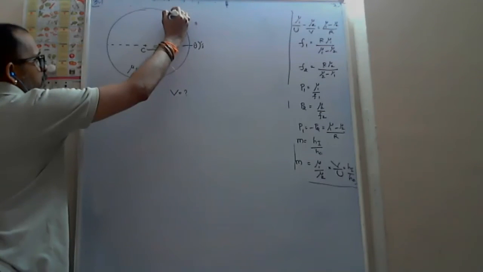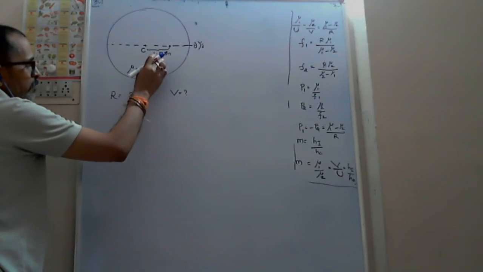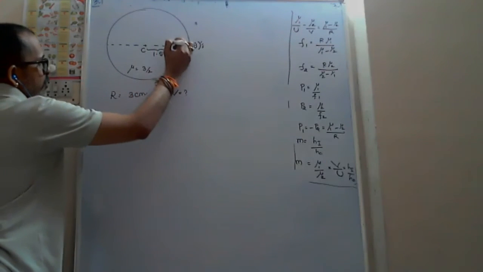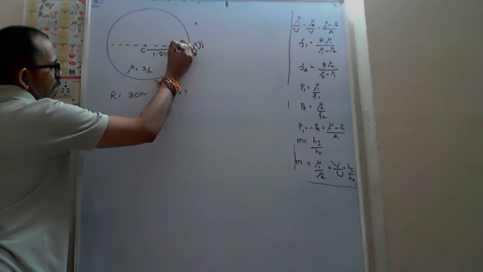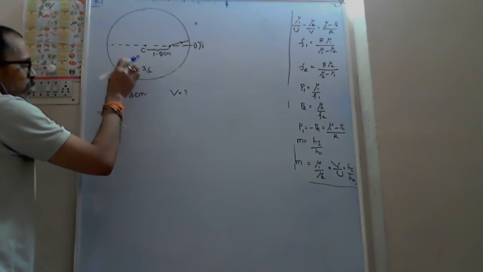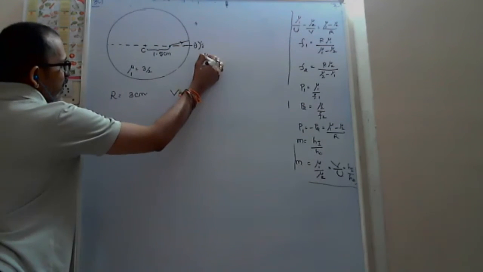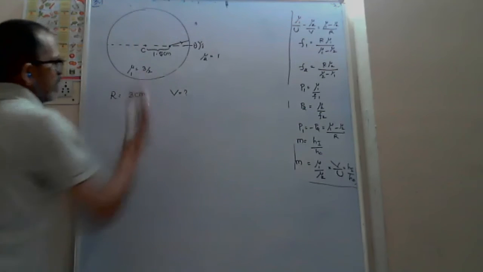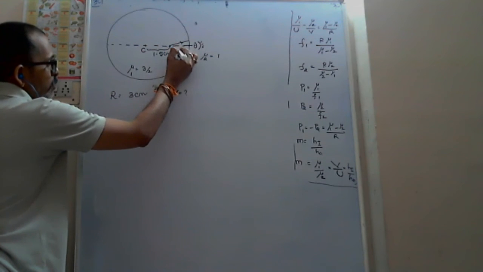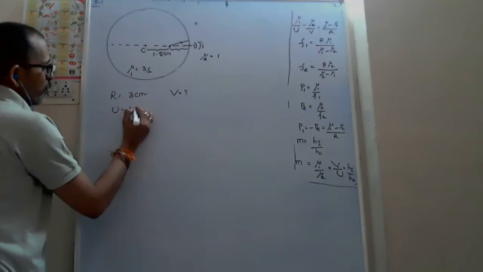And keep in mind this is one single refracting surface, and where is the object? Glass, sir. But from the object you are viewing from this side, which means light rays should come towards the eyeball. Means incident rays are in this medium. So is it mu1 or mu2? Mu1, sir. Right. Then mu2 is air, 1. Good. And the object is at what distance from the surface, from the pole? 1.5, sir.